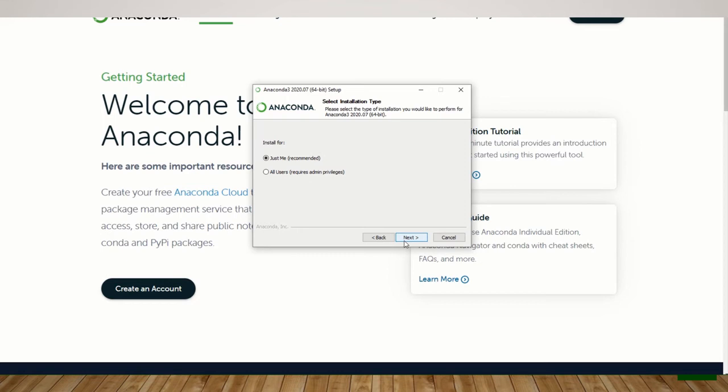So in later days we can download the open source libraries, depending upon our project needs. So in that time, if you are giving all users, you may face some difficulties such as administration rights. So it's better to give just me if you are going to use that machine alone. I'm going to use the just me option,